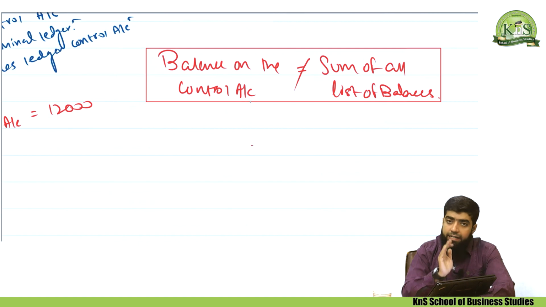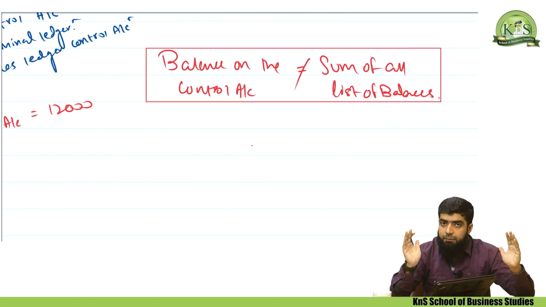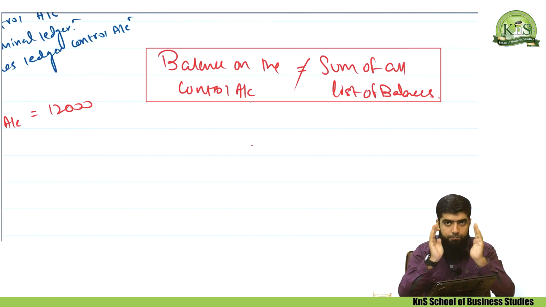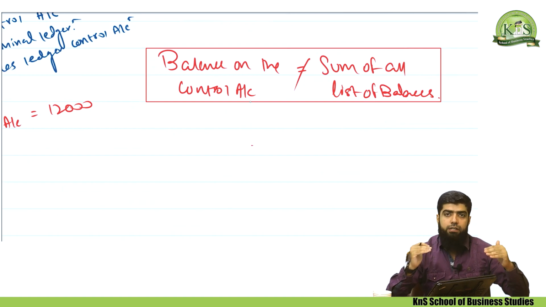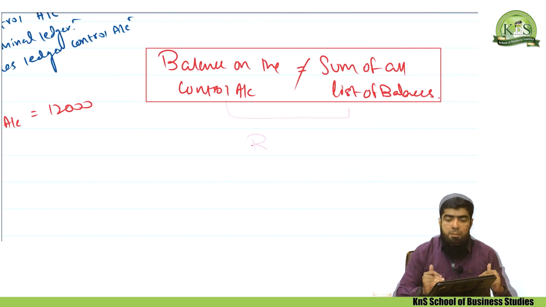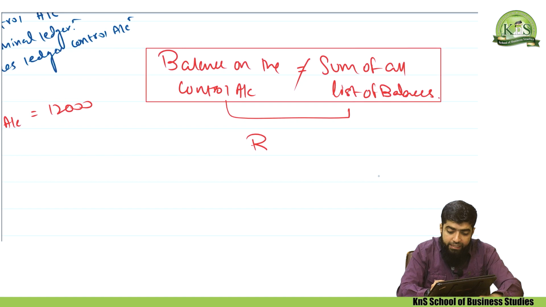It means ideally the balance on the control account and the sum of list of balances should always be equal. But at times these balances are not equal or not the same, because of which we need to reconcile